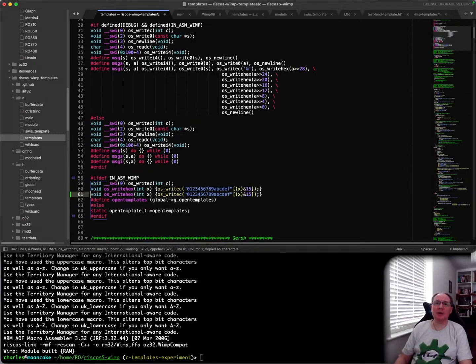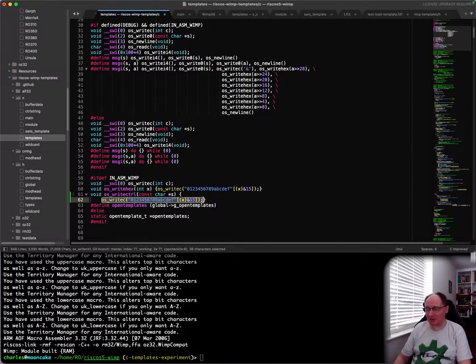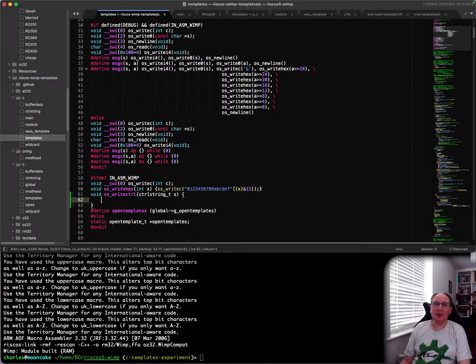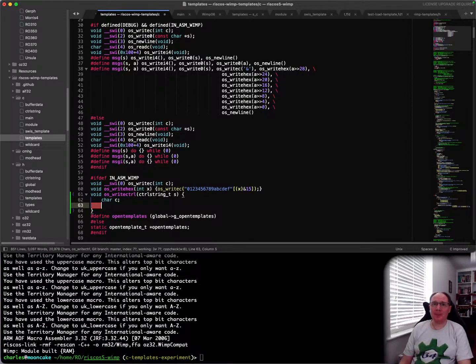So if we do another one here that is oswrite control, we pass into this a const char star s. Because we know in some places that things are control terminated, we should do them differently. In fact, if they're control terminated, we should have them as control strings, shouldn't we? Like that, control strings. Yeah, that's char c while star s, c equals star s